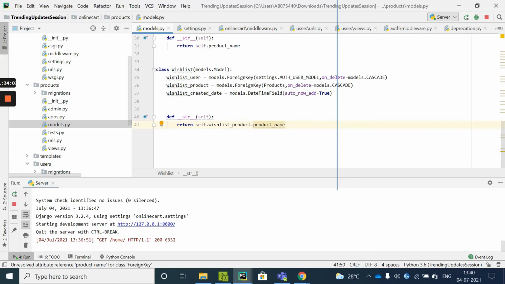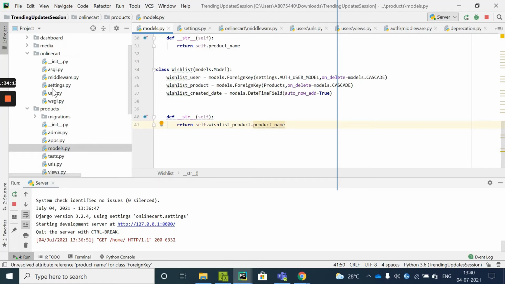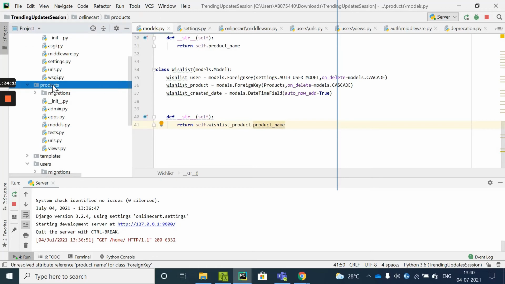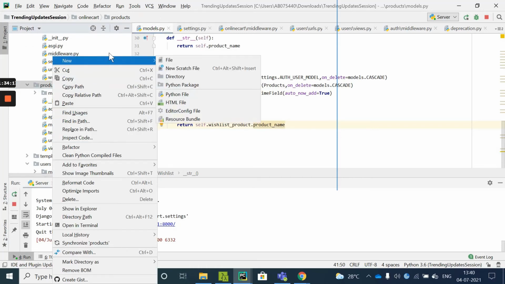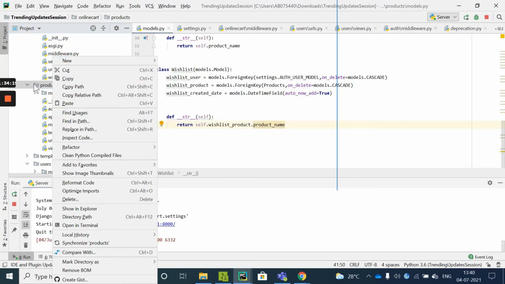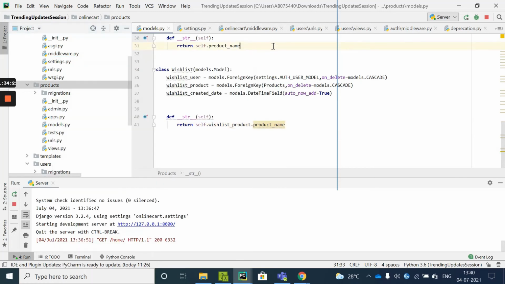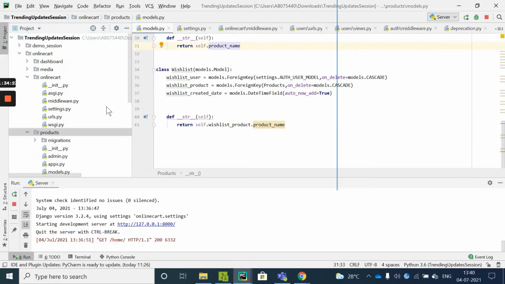First and foremost thing, where do you write your signals? You need to write the signals. I want to write signals under the products, but actually I have one use case that the user logs should be stored.